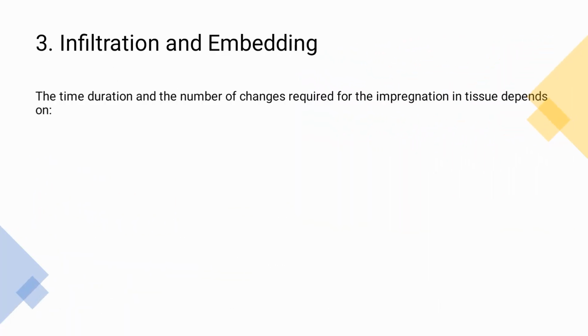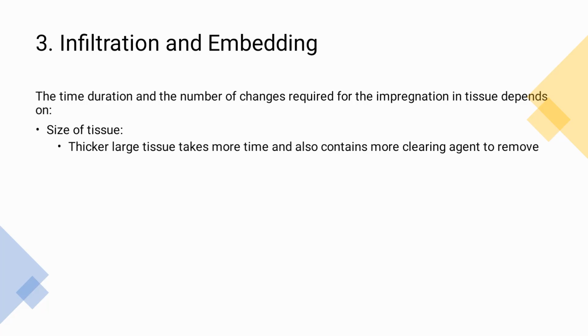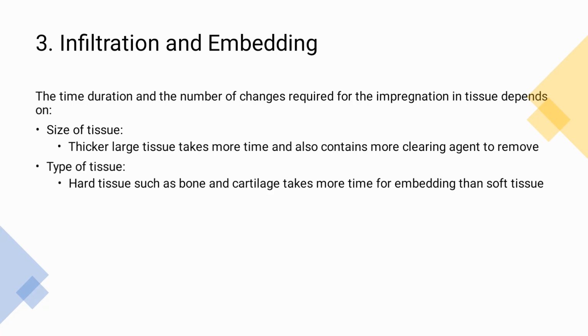The time duration and the number of changes that are required for impregnation depend upon the size of the tissue. The thicker and larger tissues take more time and contain more clearing agent to remove. That's why infiltration and embedding depend on the size of the tissue and also the type of the tissue. The hard tissues, for example the bones and the cartilage, take more time for embedding, and soft tissues